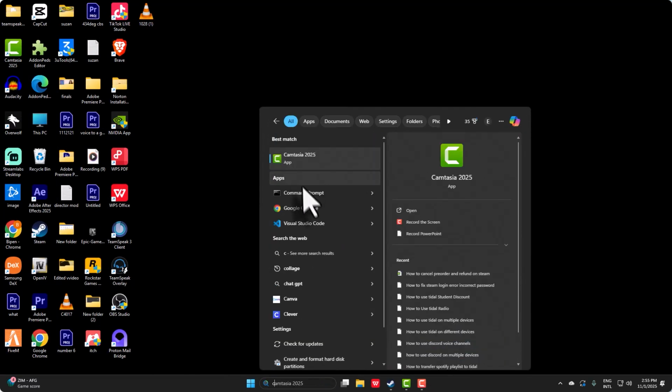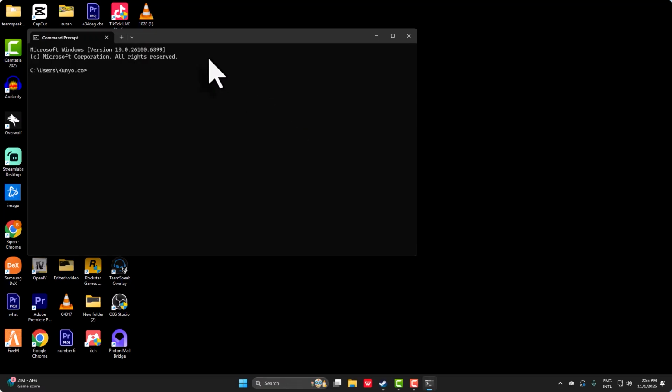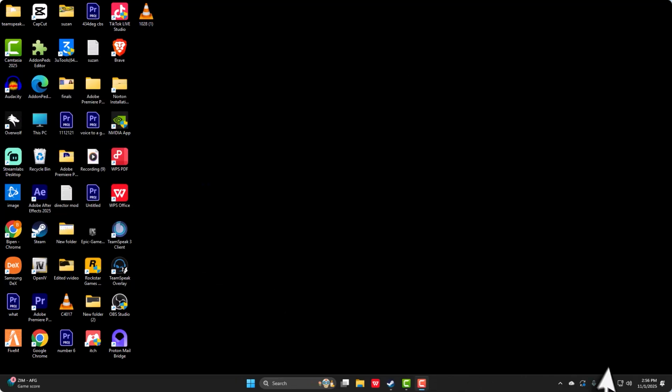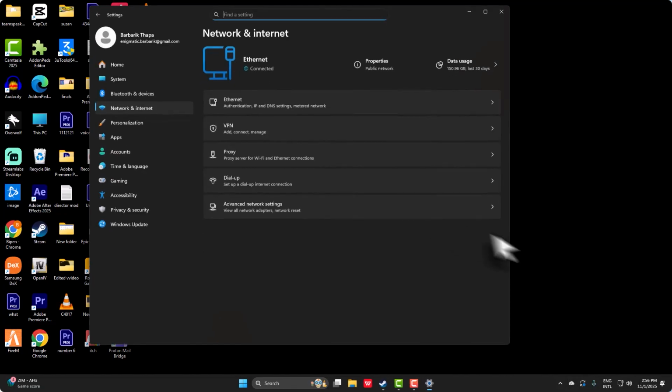So a couple of things you can do. Go to command prompt and simply write the command netsh winsock reset. That is the one, and you need to restart your computer to make this command work. What else you can do is simply right click on the network, go to network and internet